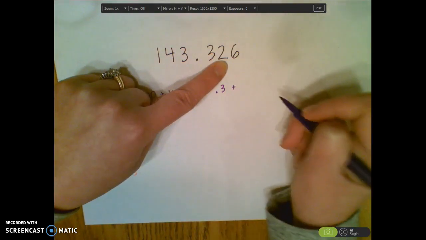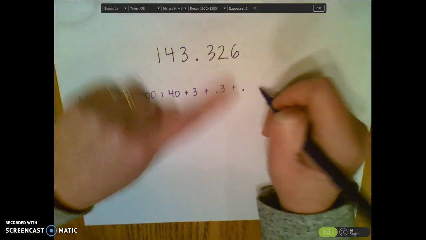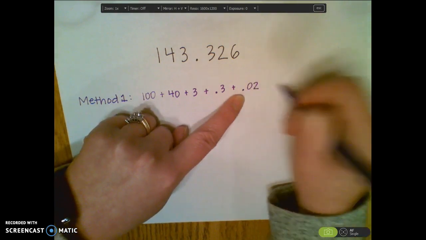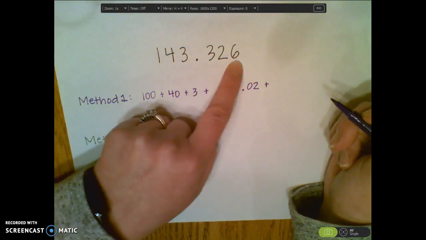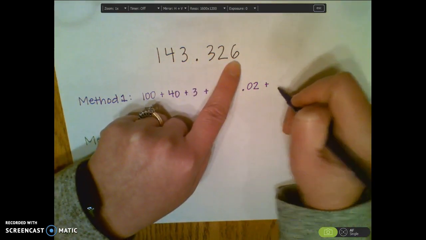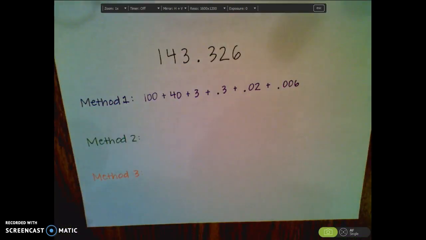The value of this 2, it's in the hundredth spot, so it's worth just 2/100ths, but I show that with 0.02. And then the value of this 6, it's worth 6/1000ths, and so I want to show that as such. Okay, so that's my first way to show that. Now the second way,